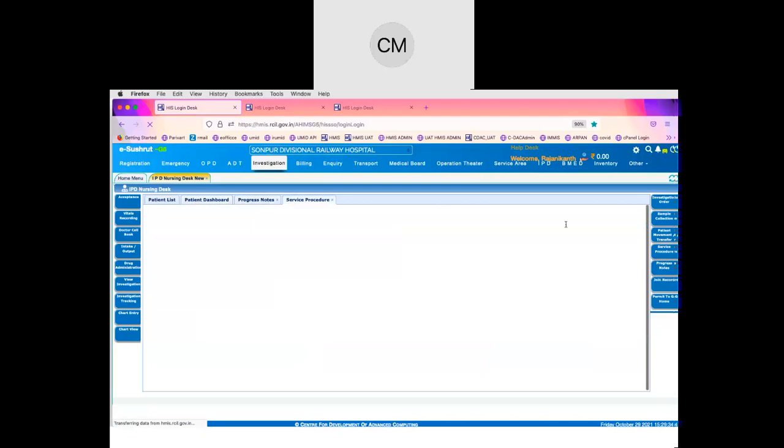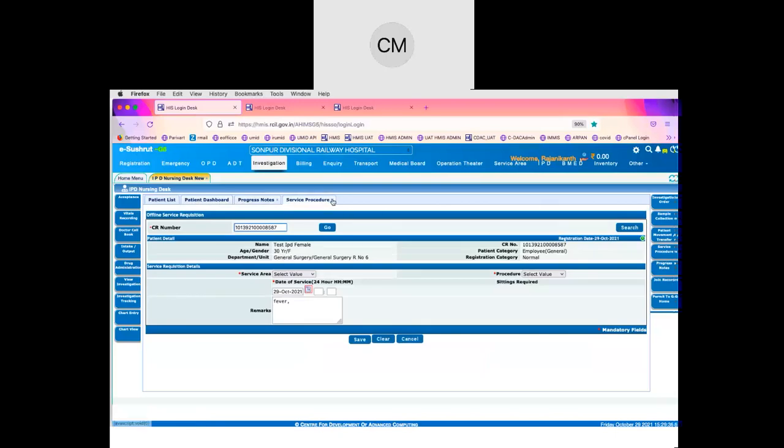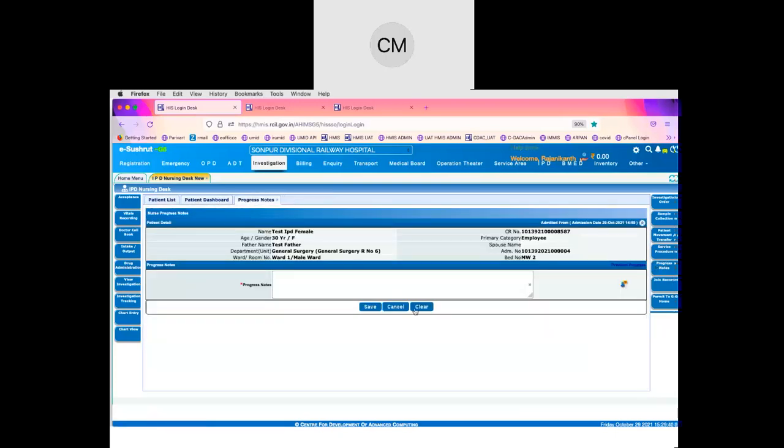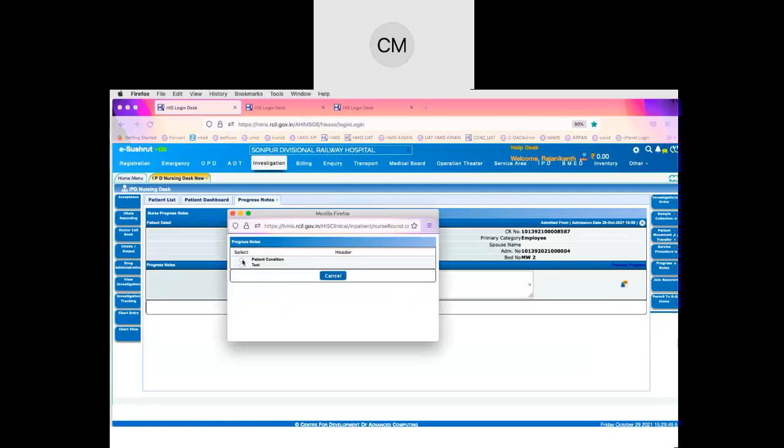So now we have talked about the transfers, and after that the service procedures and progress notes. All these details also can be updated by the nurse here. Then there is another option available. The progress notes can be added here.